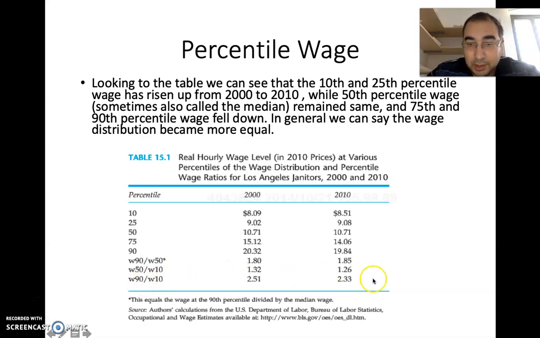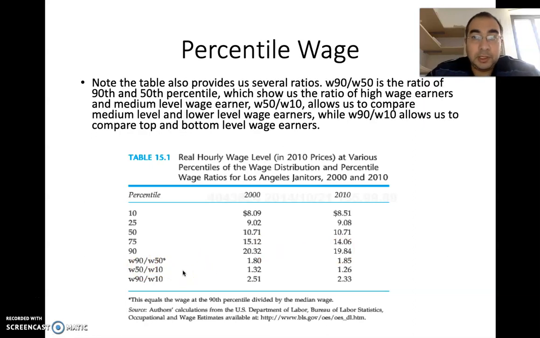The 90 to 10 percentile wage ratio has fallen. The 50 to 10 percentile wage ratio has fallen. No, actually, the ratio has decreased. There's a mistake here, probably, if I'm not missing anything. All of them should actually decrease, but here the first one seems to have increased. But anyway,